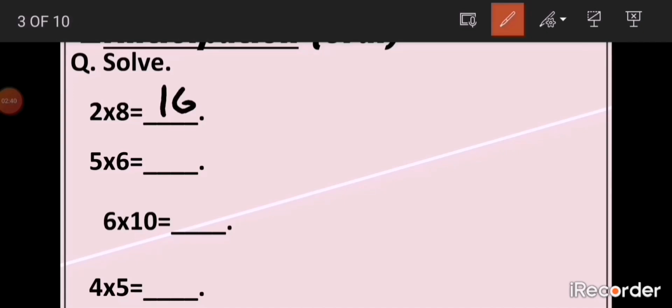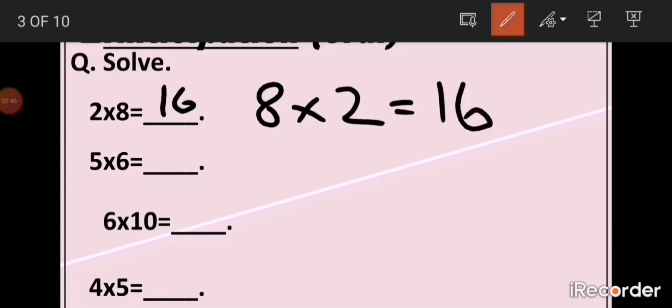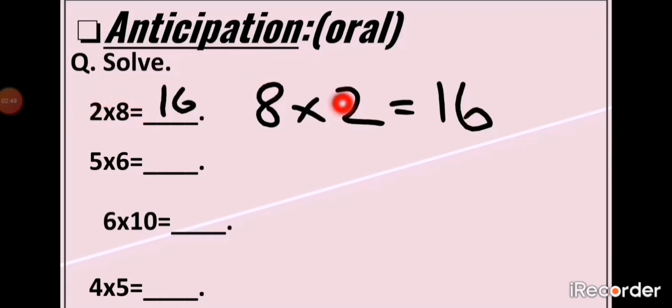We can also write this multiplication sentence like 8 multiplied by 2 is equal to 16. Why? Because 2 eight times and 8 two times have the same answer. You can read the 8 times table or the 2 times table. Both are right. I want to recheck my answer, so I will read the 8 times table. 8 1 time 8, 8 2 times 16. The numbers are just arranged again, so the answer will be the same. First, 2 is in the first place and 8 is in the second place. Now 8 is in the first place and 2 is in the second place. So if we change the place of the numbers, it doesn't matter. The answer is always the same.